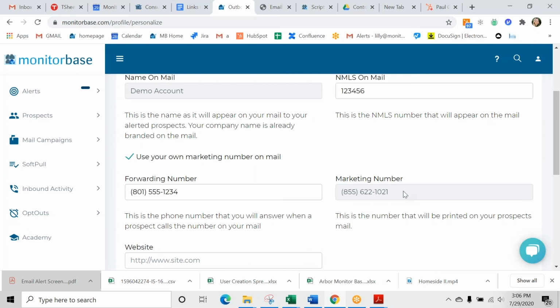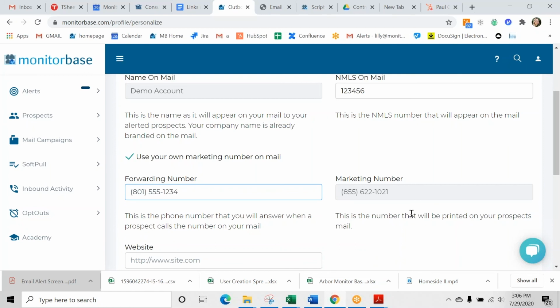And what's the advantage of having a number there instead of just putting our cell phone number in? So you'll have to put in your cell phone number no matter what. And if you don't have a marketing number that's your own, it just means it's using your branch's marketing number that's forwarding to your branch phone number.